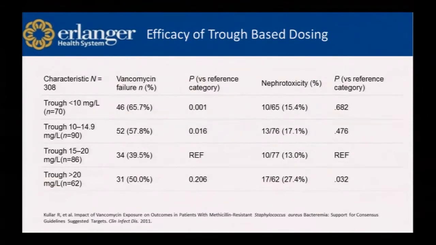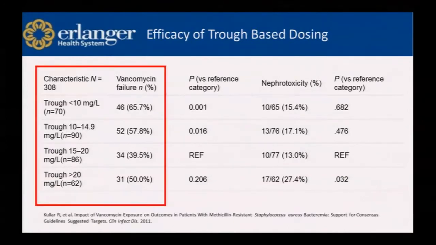The next study I'll talk about is conducted by Culler and colleagues. It was a retrospective analysis of vancomycin treatment failure, which was defined as persistent bacteremia greater than 7 days in patients with MRSA bacteremia. This trial stratified trough goals by less than 10, 10 to 15, 15 to 20, and